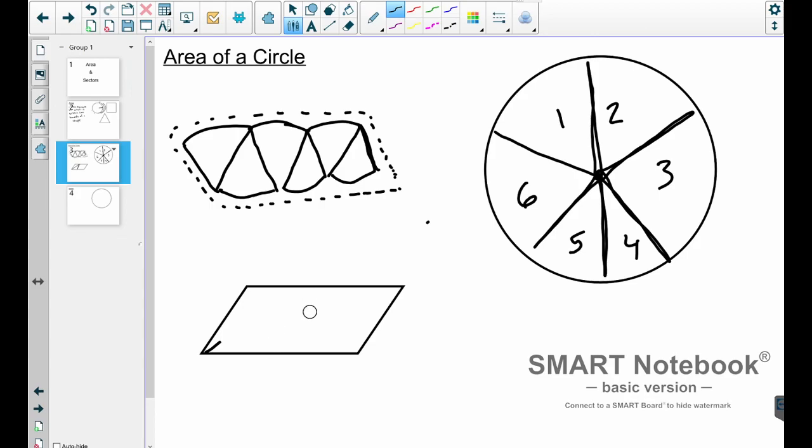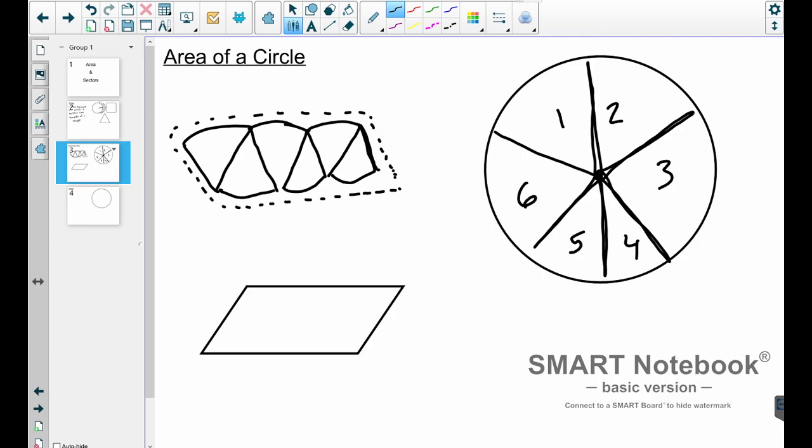This one's a bit slanted compared to the one I drew, a bit more slanted. But we have this, and this, this, and that gives us 1, 2, 3, 4, 5, 6. That last line here. This isn't perfect, but basically what I'm trying to say is if you can break these up, you can get them into a shape we know, like the parallelogram, which we focused on a lot